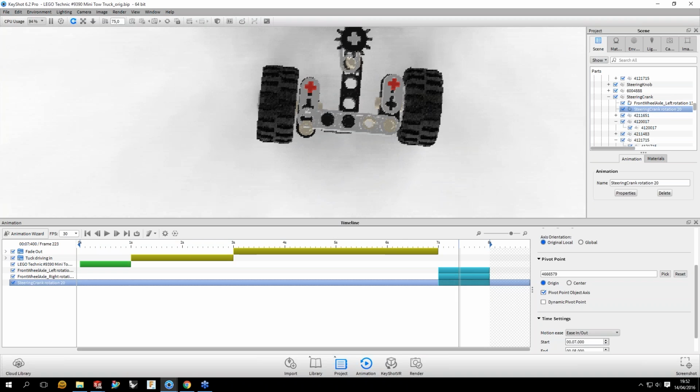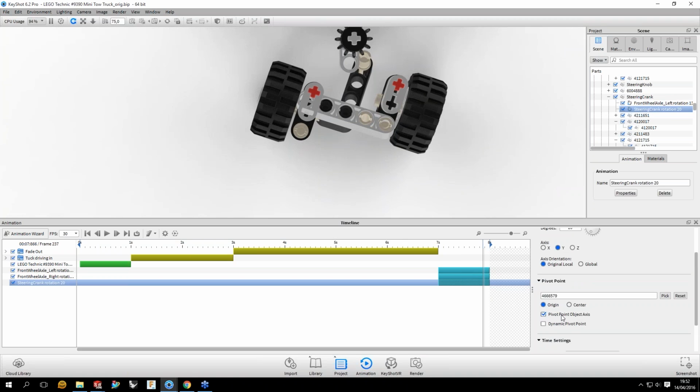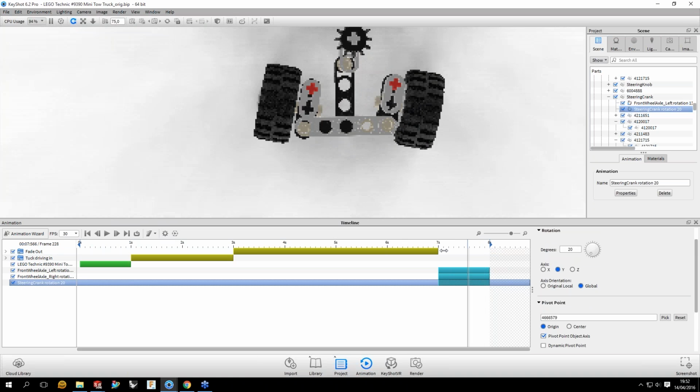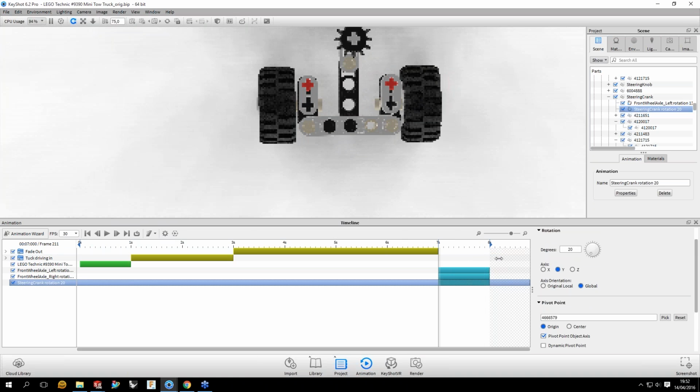and I now need to change my axes because by default, if I select another object, it sets the axis orientation to original local. So I can leave it at original local and pick a different axis, or I can pick global and set it to Y. And now you will notice that as I play back the animation, it's almost there, but there